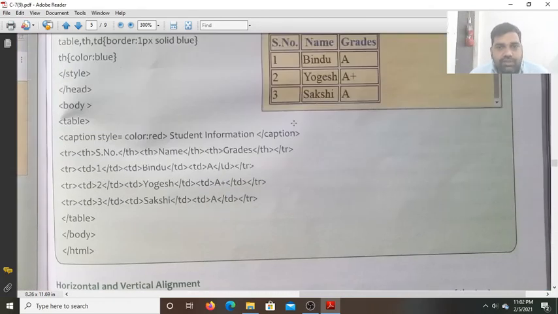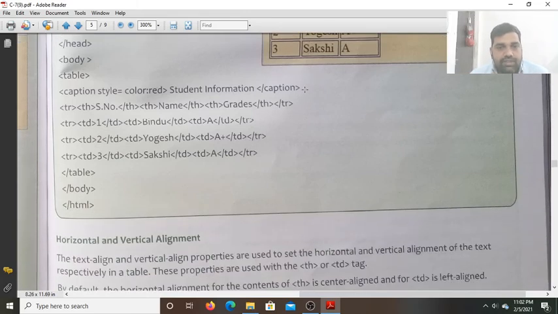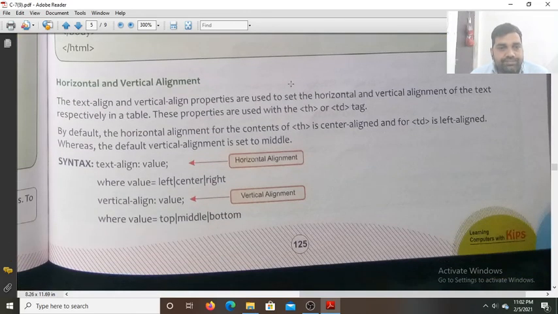This means if you want to place this text, by default every text is left aligned. Means horizontal alignment, if you want to place the text left aligned or in the center or on the right. So if you use alignment center, this will appear in the center of the cell. If you use alignment right, it will be at the right edge of the cell. Now vertical alignment means to place the content top, middle and bottom. Three positions are there for the vertical alignment: top, middle and bottom. Now see how this alignment is set.